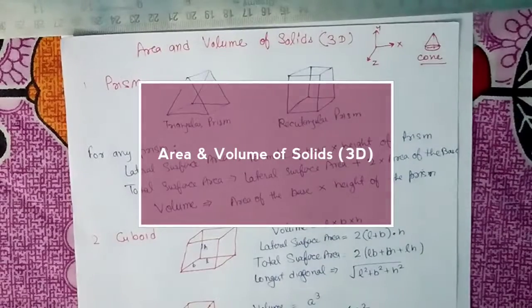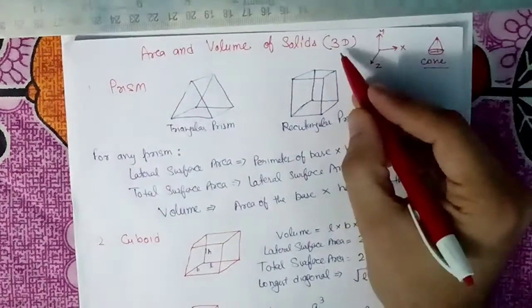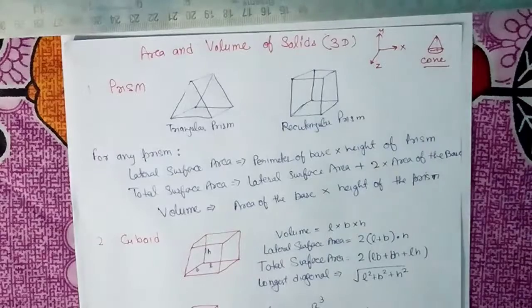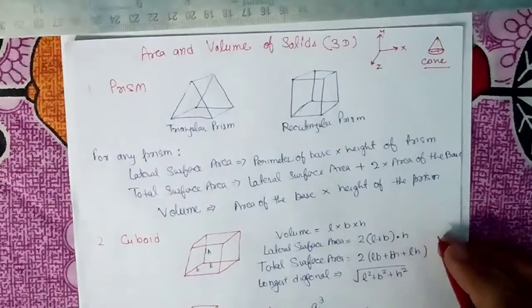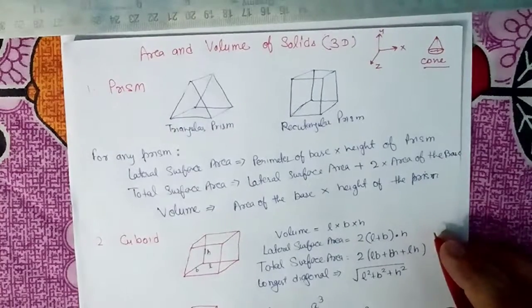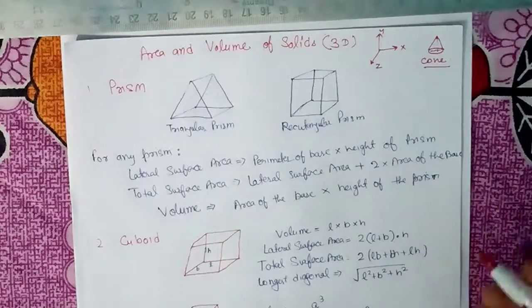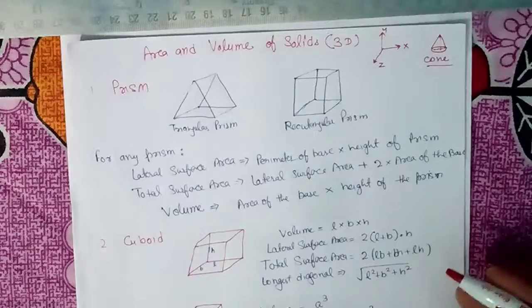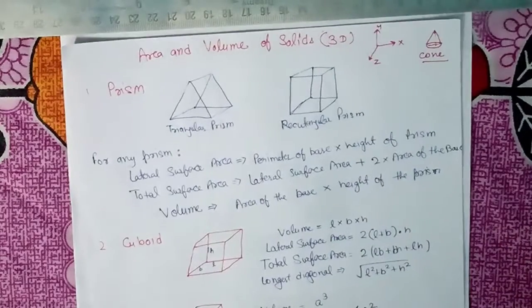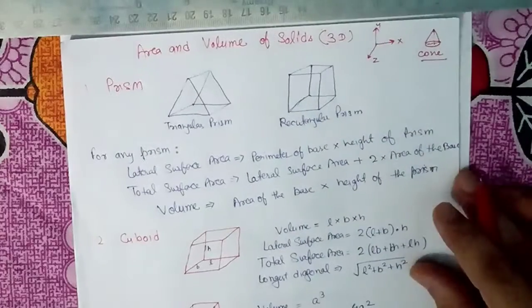Here, we will be discussing the area and the volume of three-dimensional structures. When the dimension is 3D, we will see how to calculate the area and the volume, and the formulas for that. 3D, three dimension, is a structure. For example, you are watching your TV, or your glass placed on a table, all of that is 3D, where three dimensions are there. So that structure is known as a three-dimension structure.